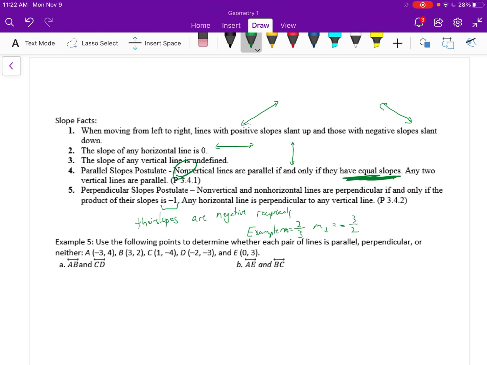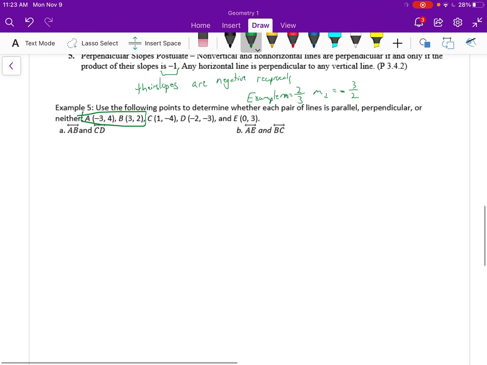Use the following points to determine whether each pair of lines is parallel, perpendicular, or neither. So all we're going to do is check the slopes, because if they're parallel, they'll have the same slope. If they're perpendicular, they'll have negative reciprocal slopes. So let's check line AB. So here's AB. And so the slope of AB